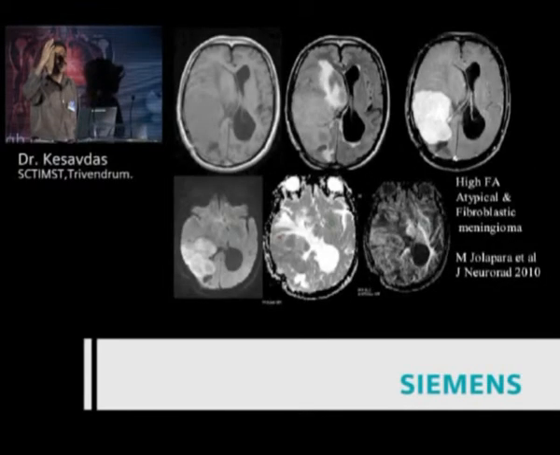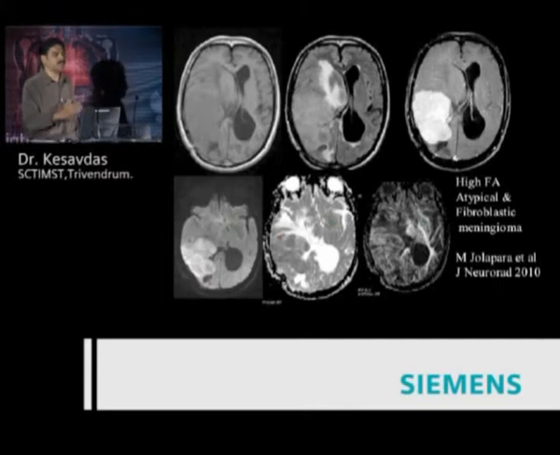Means an FA which is approaching 9. So there is directionality within. And what we found out is a tumor which is highly cellular, like an atypical meningioma, or a meningioma which has a lot of fibers and a lot of directions, have a high FA. So we can differentiate the different types of meningioma.